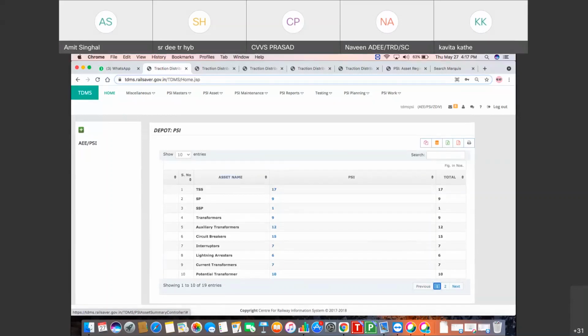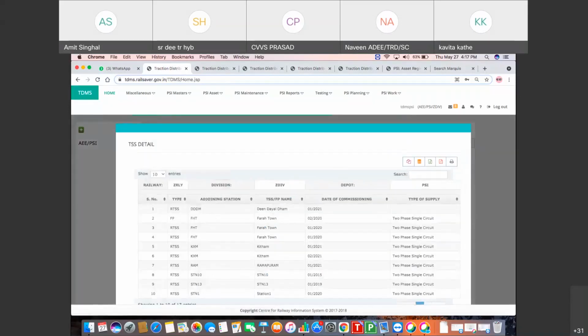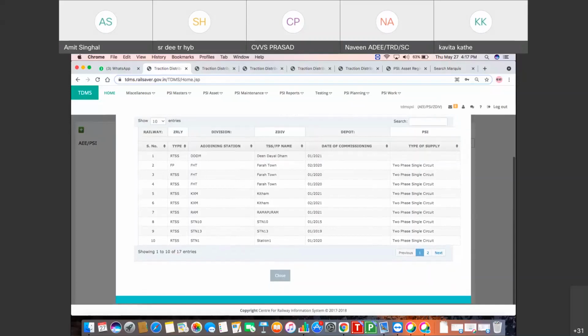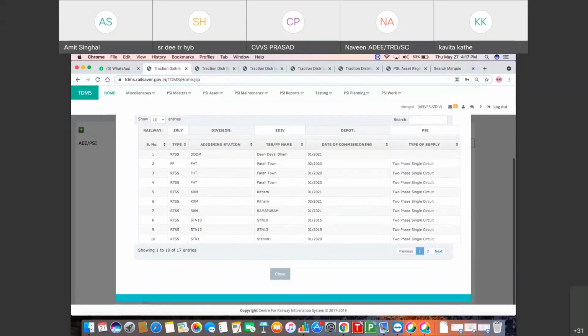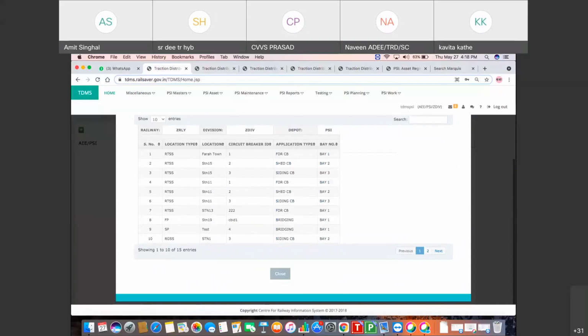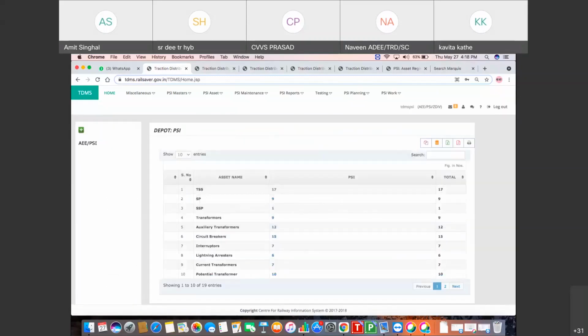Apart from counts, the details are also available on clicking the count of the assets. So this is a very important report. By using this single report, all data may be checked.